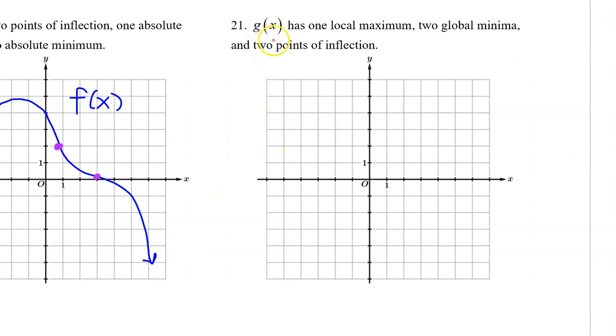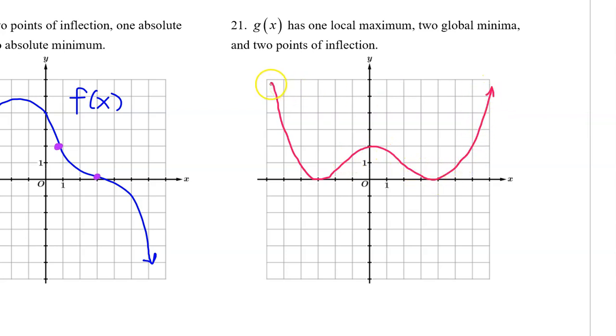For number 21, we want g of x to have one local maximum, two global minima, and 2 points of inflection. So let's see, if we want two global minima, that means it has to hit the same low point twice. So I think I will use the x-axis as a guide. So if I do something like this, and I bounce off of this, and then I come and I bounce again,